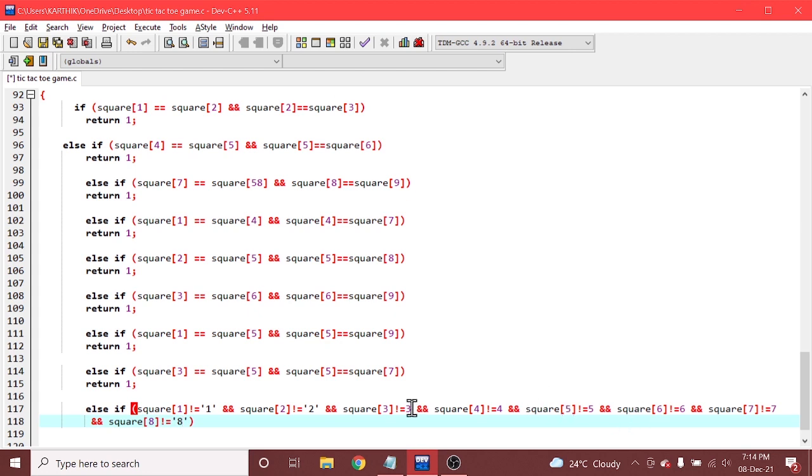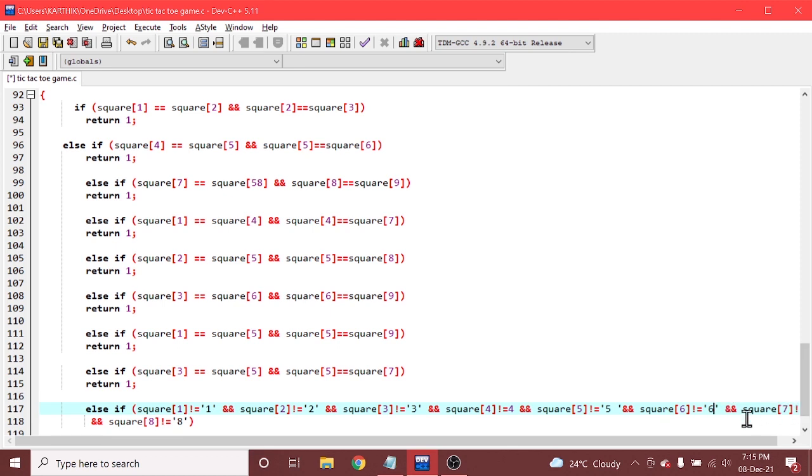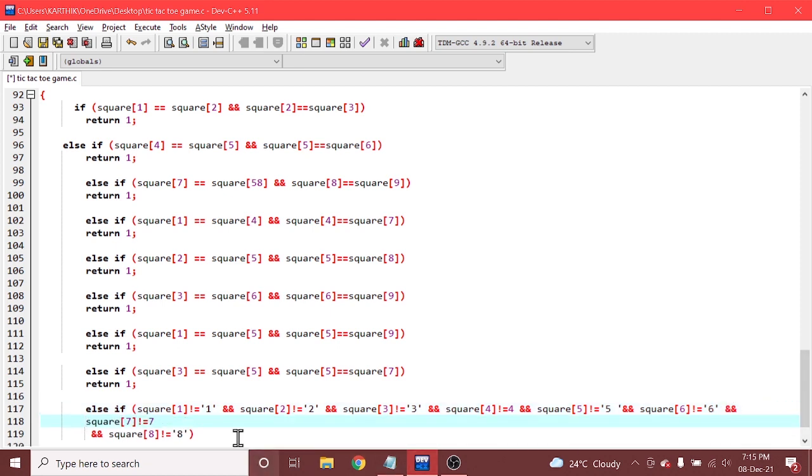So you need to mention them in inverted commas, right? Make sure that you don't miss it. You need to keep them in inverted commas. Here it's 6, press enter and here it's 7, and here it's 8.